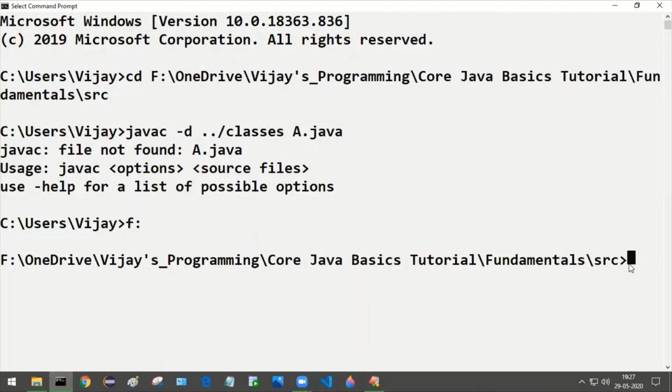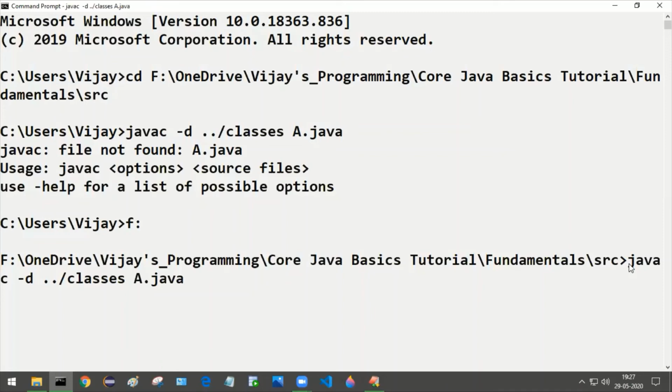So from here we need to trigger that javac command. Instead of typing it once again, you just need to press the up arrow. It shows the previously triggered command, javac -d ../classes A.java.